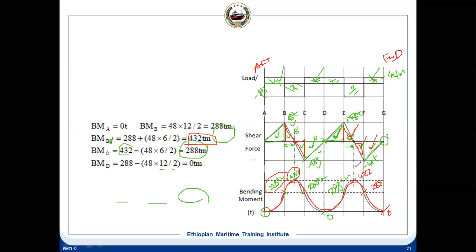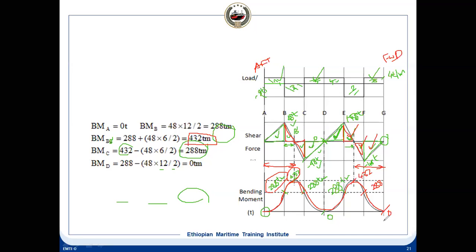Because these two distances will be same, this distance and this distance, in this numerical it is same. It is not necessary always it will be same. Like the previous one I had drawn, that curve was, for an example, on the forward side. So we'll have to see from the maximum bending moment, from that reference line, you'll have to give what is the distance and what is the value. If you don't give the reference line, then your answer is not complete.